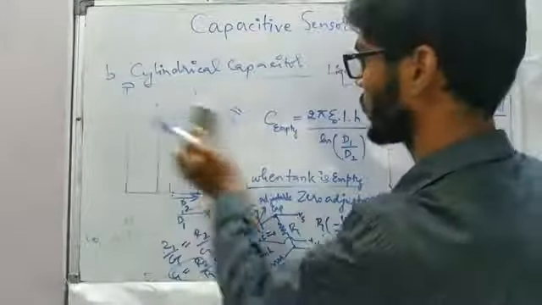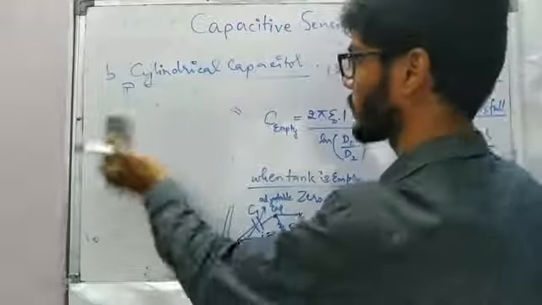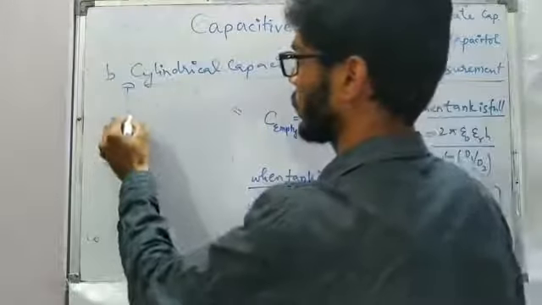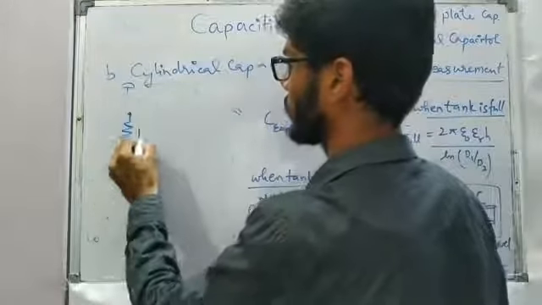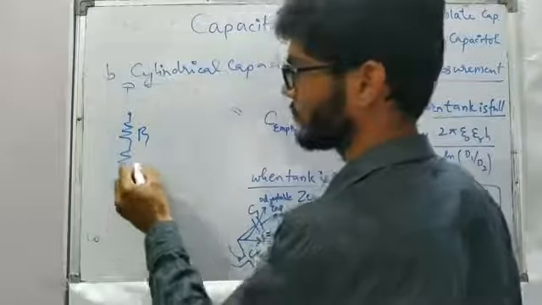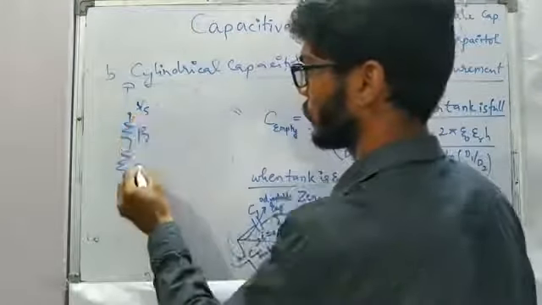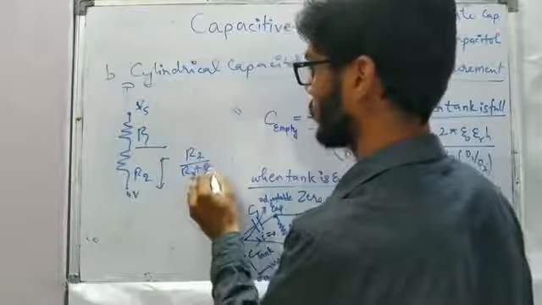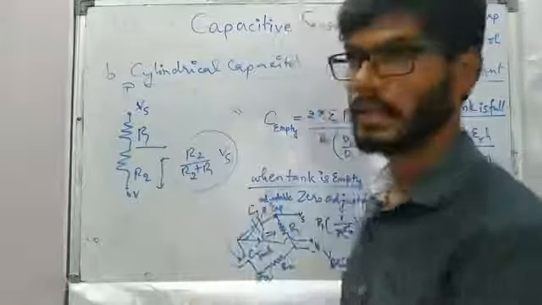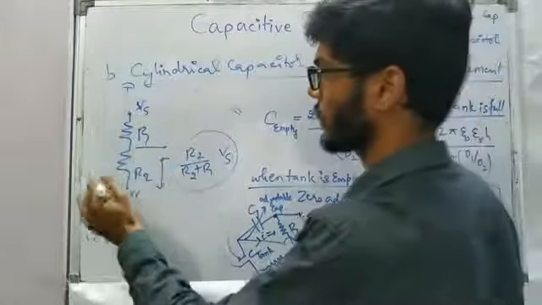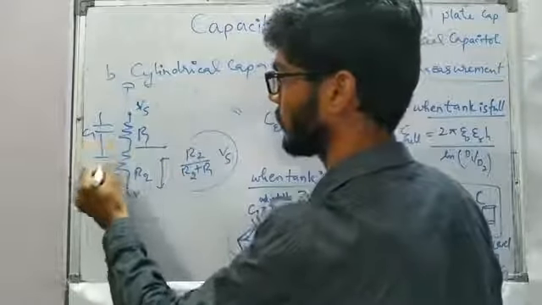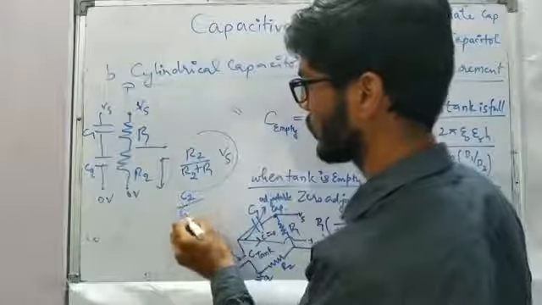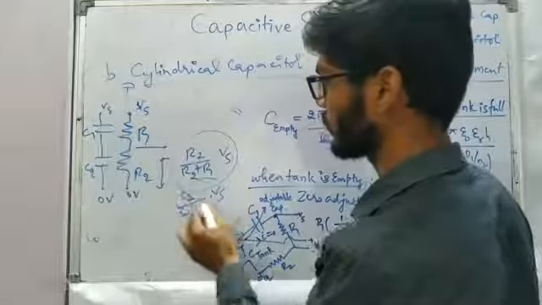But in the case of capacitance, we don't talk about capacitance or inductance, we talk about impedance. So we have to be very careful while writing the voltage division. Let us say there are resistances R1 and R2, and if this is 0 volt and this is Vs, then the voltage across R2 is R2 by R2 plus R1 into Vs. So direct voltage division we can do. But if it is C1 and C2 between 0 volt and Vs, we cannot write C2 by C1 plus C2 into Vs. This is wrong.